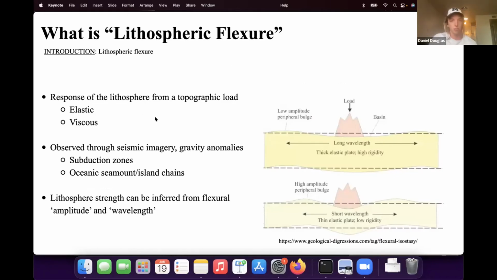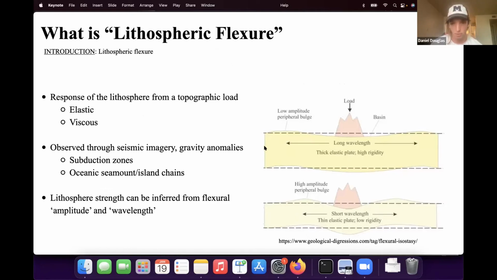And so, yeah, I'll start just by outlining what lithospheric flexure is. It's the response of the lithosphere due to a topographic load. And this response can be elastic or viscous, depending on the time scales. And I'm showing a little cartoon here on the right, which is showing the characteristic profile of what